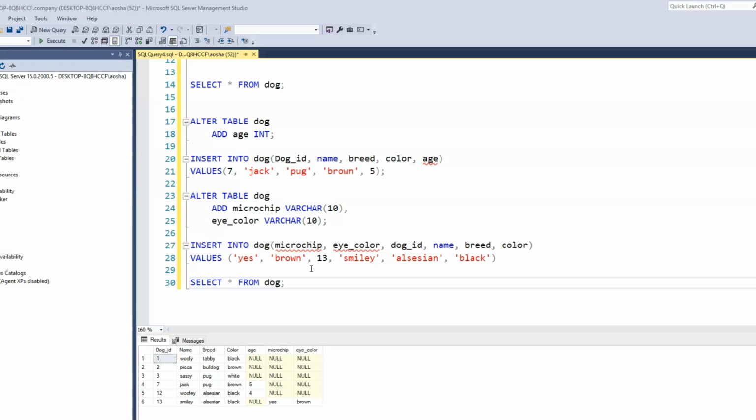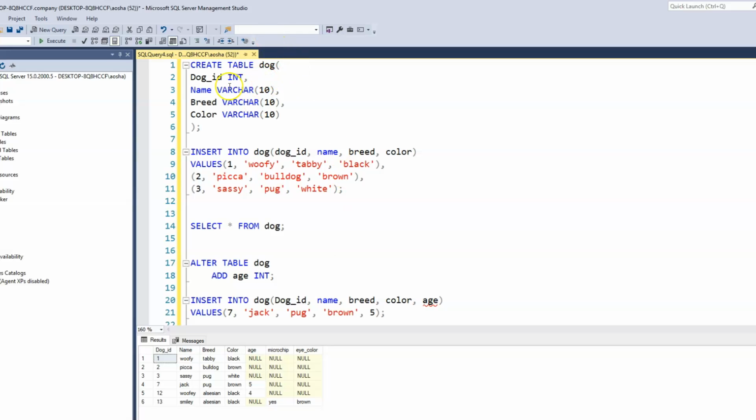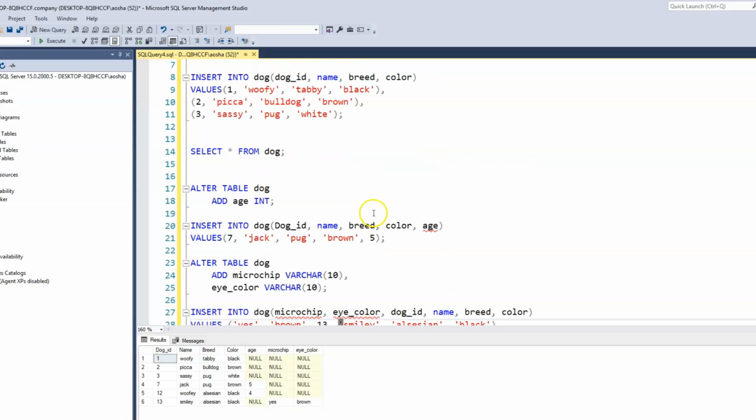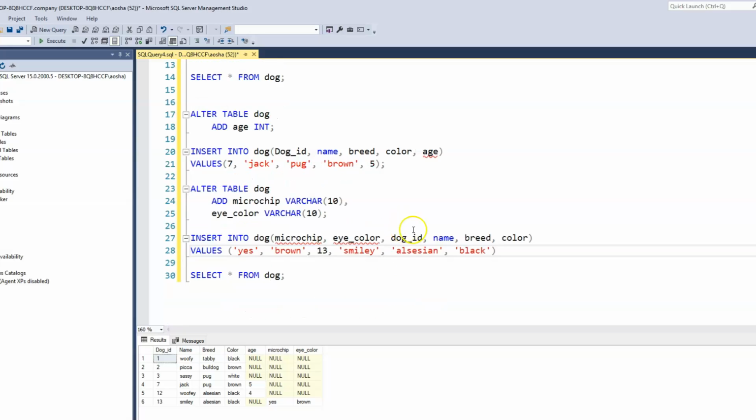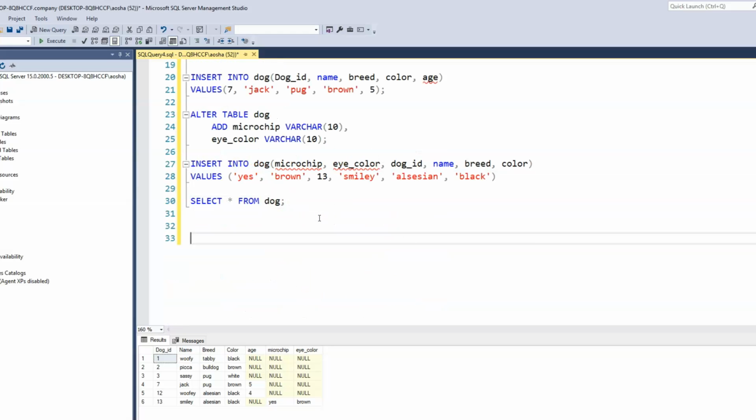What if we would like to change the attribute of one of the columns? So right now, if we look at the schema of this dog table, under the name, the maximum characters that this can contain is 10. What if we have a dog name that is longer than 10, and how do we insert that information? How do we now accept that name, or what changes can we make to our table? Well, why don't we start by trying to insert a dog into the dog table that has more than 10 character name. So let's say insert into